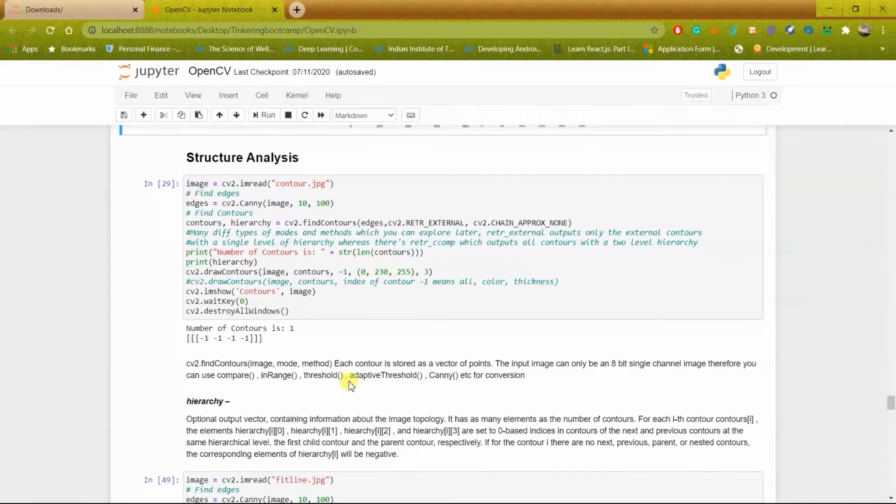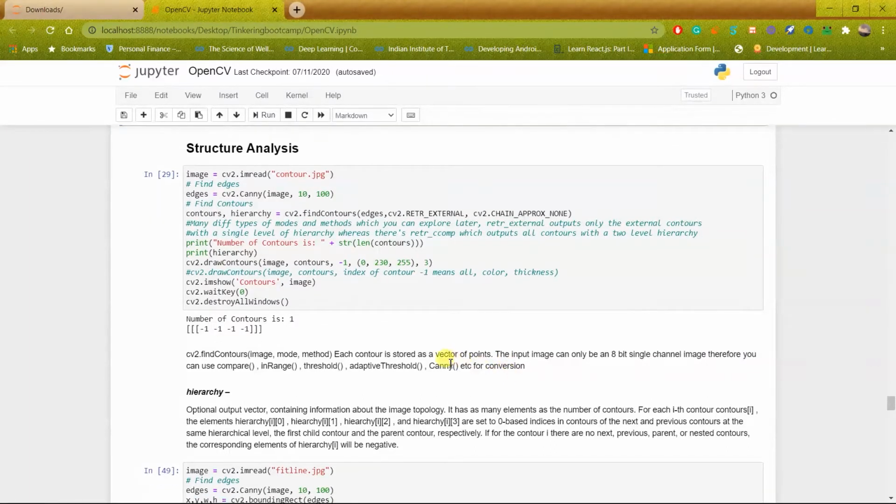So basically what it does is it takes in a mask. So the normal images won't work here because they are 4 channel images. So you can use these functions on the original image to create the input image for the dot find contours.